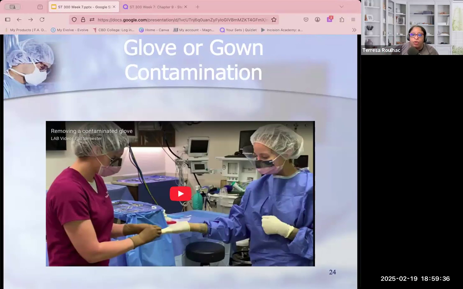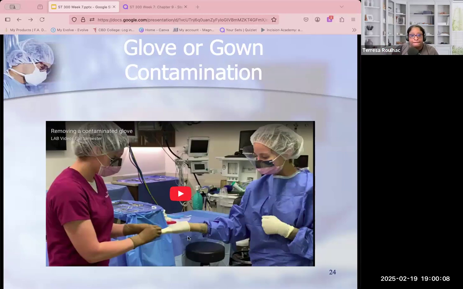Okay. So you hold your hand out, they'll show you. You'll also notice that she's double gloved. Like I mentioned, a lot of us, especially when we do a lot of neuro, ortho, cardiovascular, we do tend to double glove. Okay. And your bottom gloves are usually going to be a little bit thicker. Just depends on one, your own preference and your comfortability in certain surgical procedures. Okay. So let's watch removing a